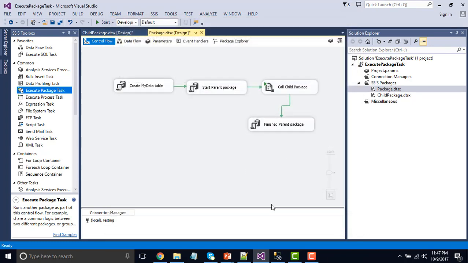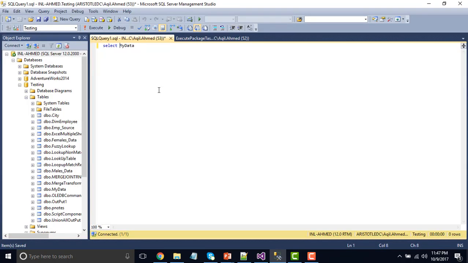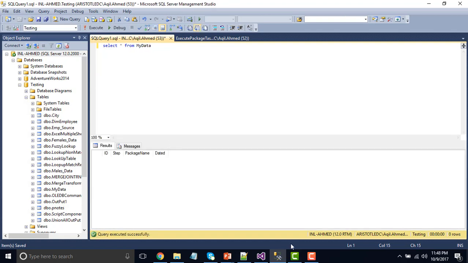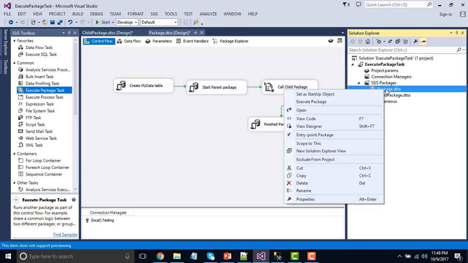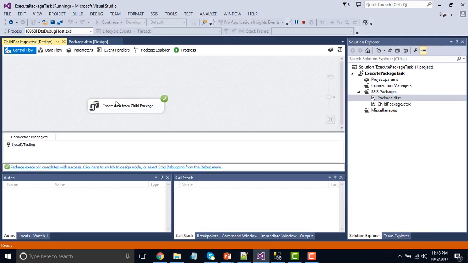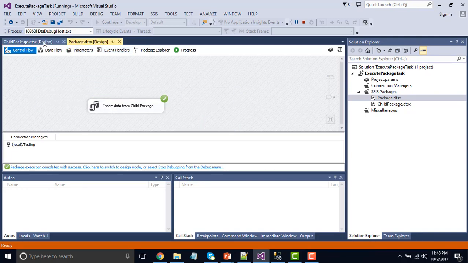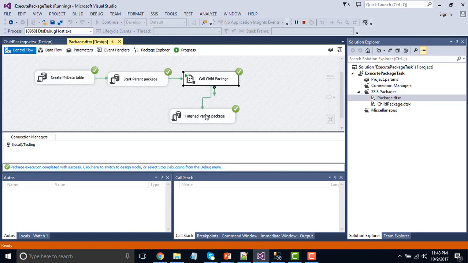Okay, so let me just verify the data in the SQL Server table. So this is the SQL Server table, and if you check right now it should not have any data, the table is empty. So if you execute the parent package, right click and execute it, it executed these two tasks, and then the child package got executed, and then the final task.